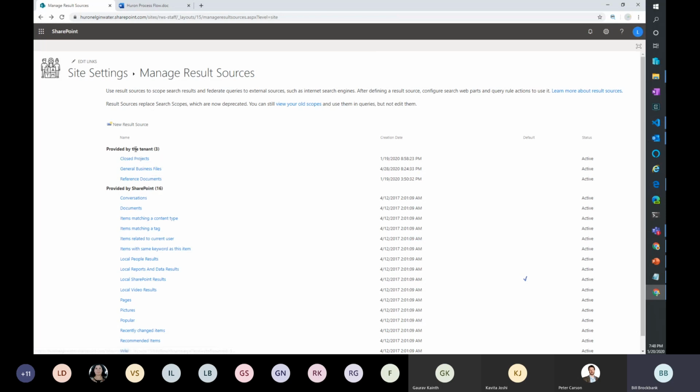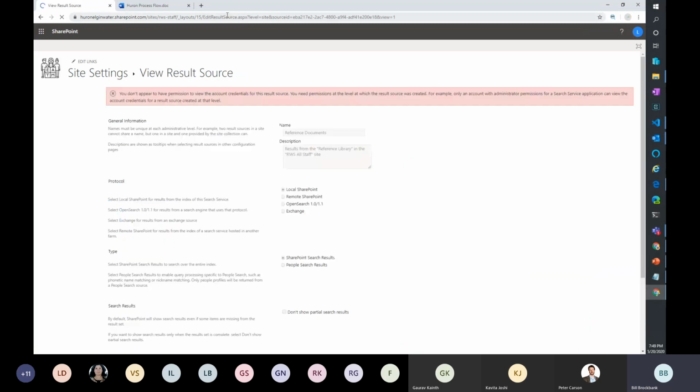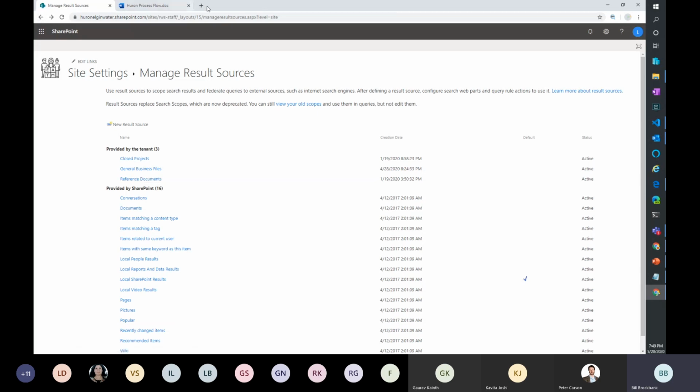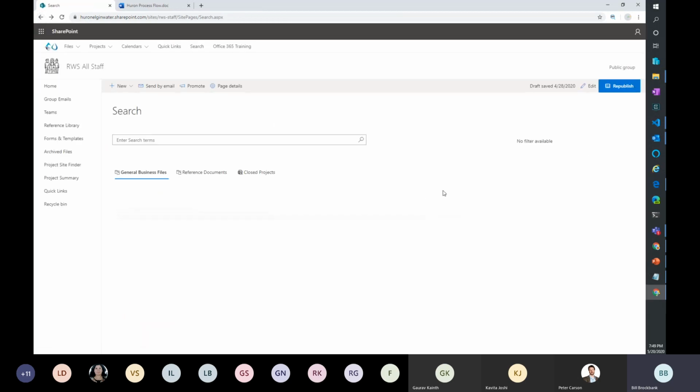So I'm creating this one. These are tenant, so you can see it's tenant created. These are the ones from SharePoint, and I can add ones at this level as well. And I can add at the level of the web. So I can see all my parents and myself, and they're always available. Because it's a simple process. You go throw one of these into your system, and you grab the GUID that it created, and you now have a new tab that you can actually tie together out of the site. Go back to the search page. Does that help understand how all the pieces fit together?